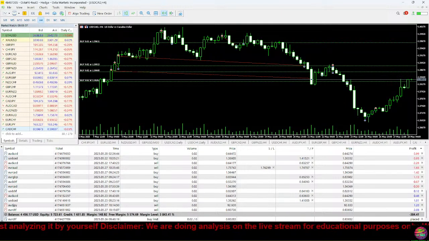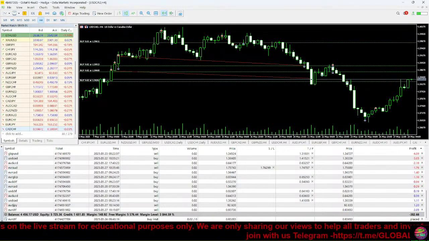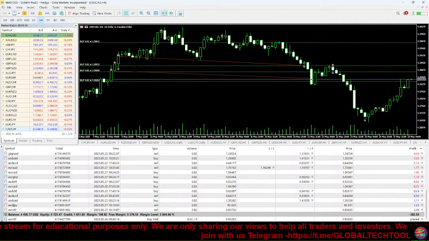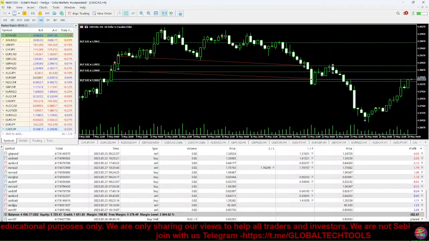It has 24/5 access, meaning you can trade Monday through Friday, any hour of the day. So if you work a job, you can trade when you get out of your job. If you're up late at night, you can trade late at night. If you're up early in the morning, you can trade early in the morning. Compared to, let's say, options or stocks, where you can only trade 9 to 5, which kind of sucks because if you have a job, you can't get involved in the market. You're simply limited in what you can do. The next reason why it's my favorite and why I got involved is the entry barrier.